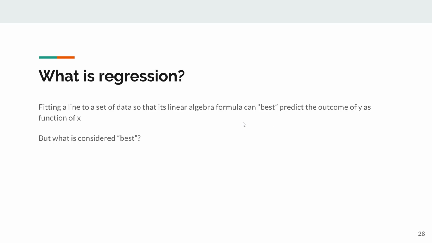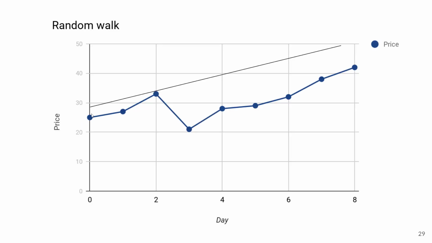So what is considered best? Let's say I go back to the stock chart and I draw a line. Is this the best line? We can start drawing lines that give us estimations. And let's say I plug in 2 for x and I get out a y that's somewhere around here, which is, let's say, around $33, and the actual stock price is around 31 or 32, and I can say, well, this line does give me a close approximation of what the stock price would be,